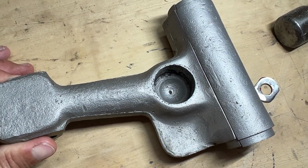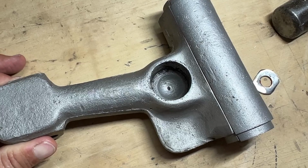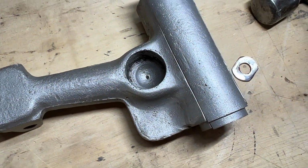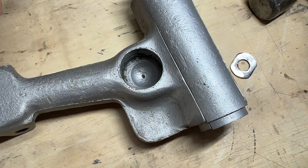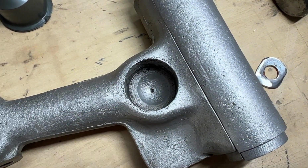One quick note, if you're going to the trouble of restoring your upper arms, you might want to look inside underneath the cup that sits in here. This particular one, the reason why it was scrapped is because the ball joint is, if you look inside here,